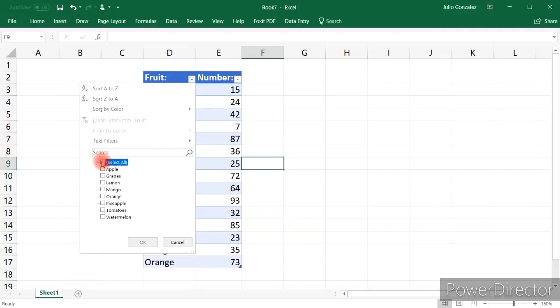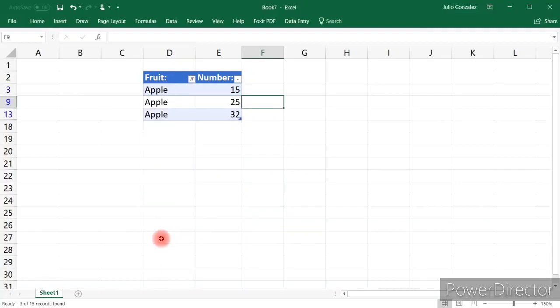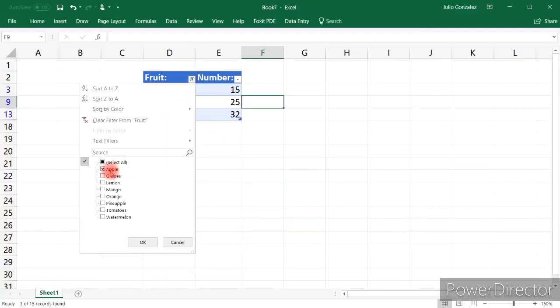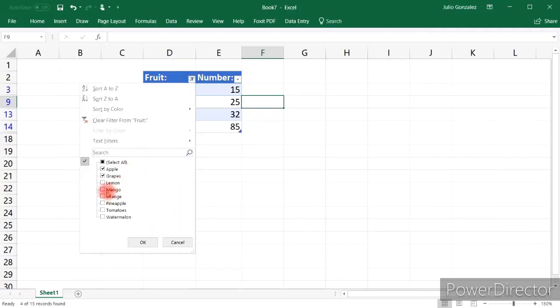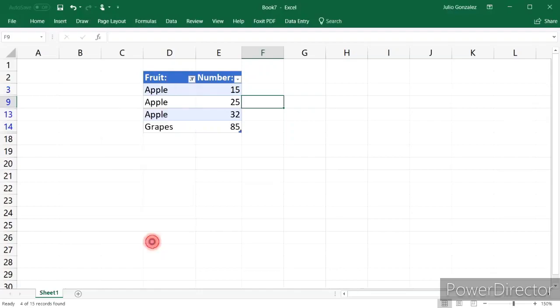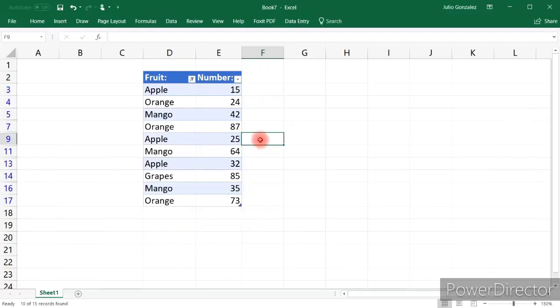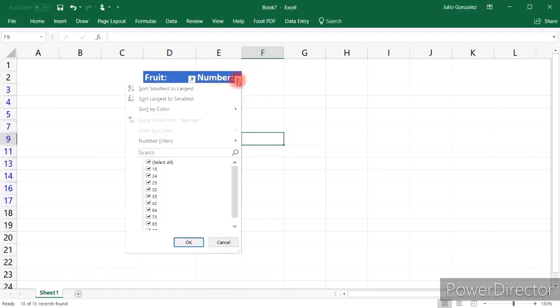Text filter, you must click on the custom filter option. The custom auto filter dialog box will appear. There we can select any comparison operator such as greater than, equals or less than. You can give the criteria. The filtered data will be displayed. After giving, you must click on OK.